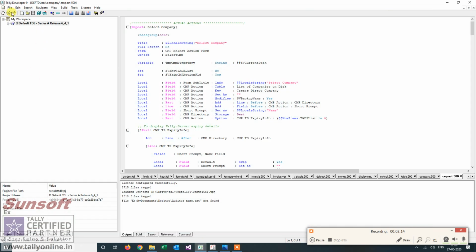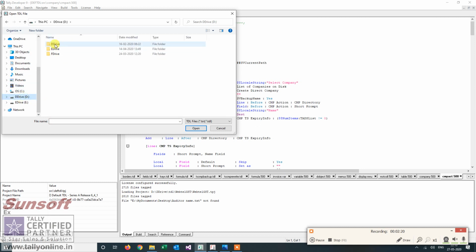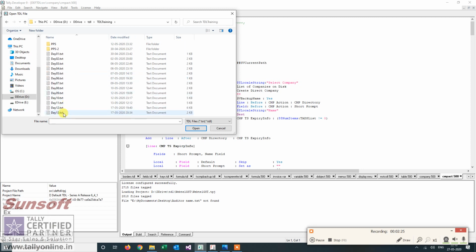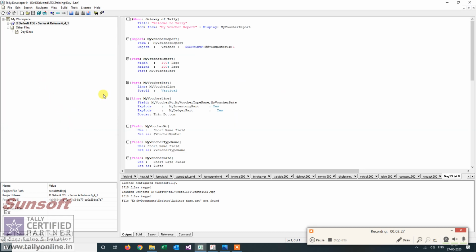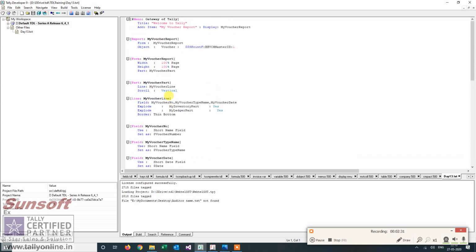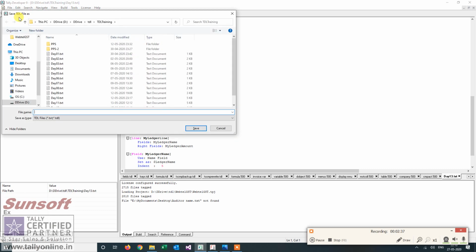Move to day 14. So let me open the sessions. Let me save it as day 14.